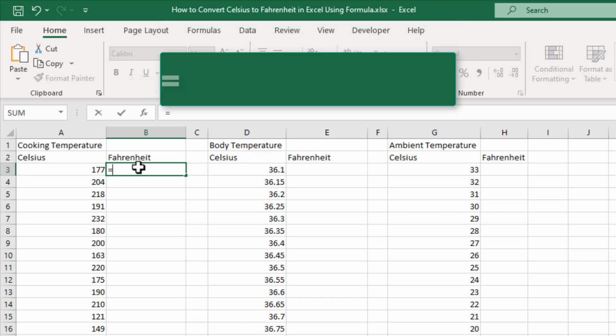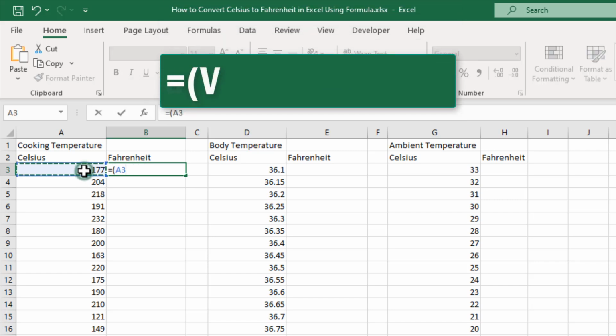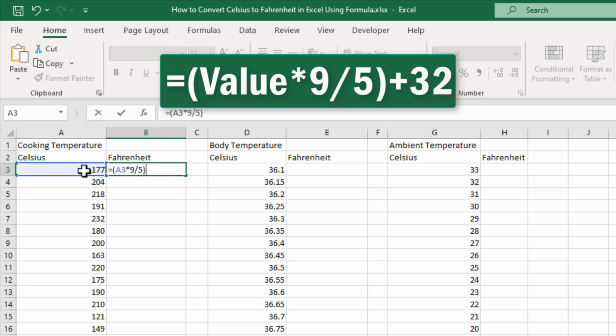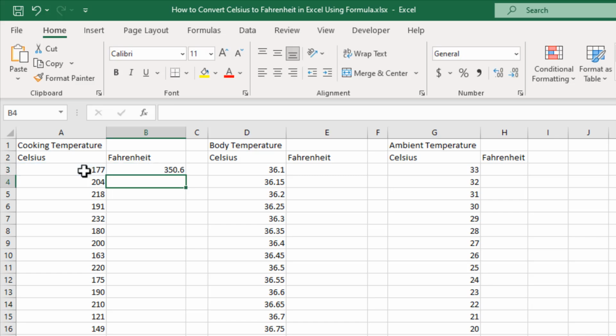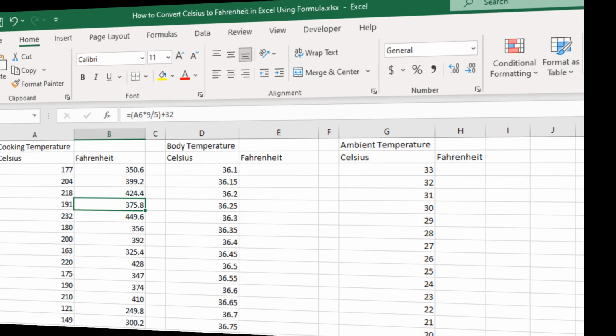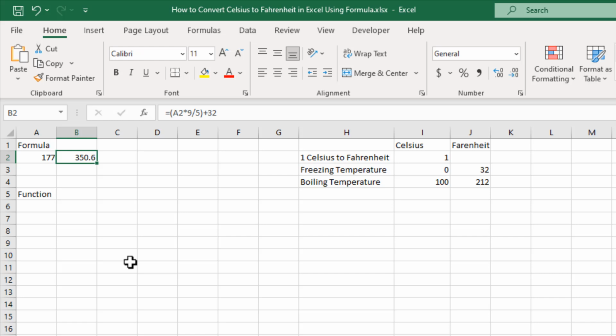So I'm going to write here equal to, and within parentheses select the cell that has the value in Celsius and then multiply it by 9 and divide by 5. And with that result we have to add 32. And this is our formula, and I'm going to drag it, and here we have our most used cooking temperatures in Fahrenheit. Also, there is a second way to calculate this, and for that we are going to use the